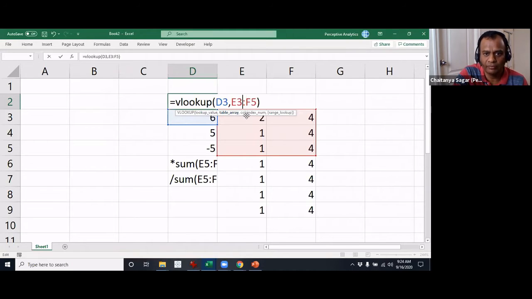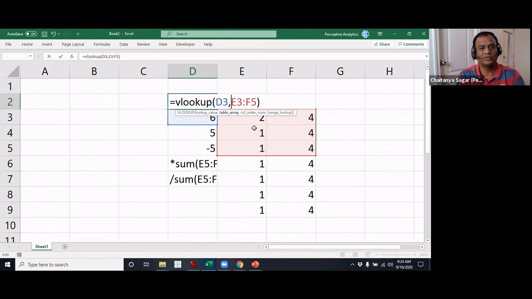If I just move my cursor, that will change. So it will tell you where you are, so that you can then mentally figure out what to write there. And like I mentioned, there are some mandatory ones, there are some optional ones.